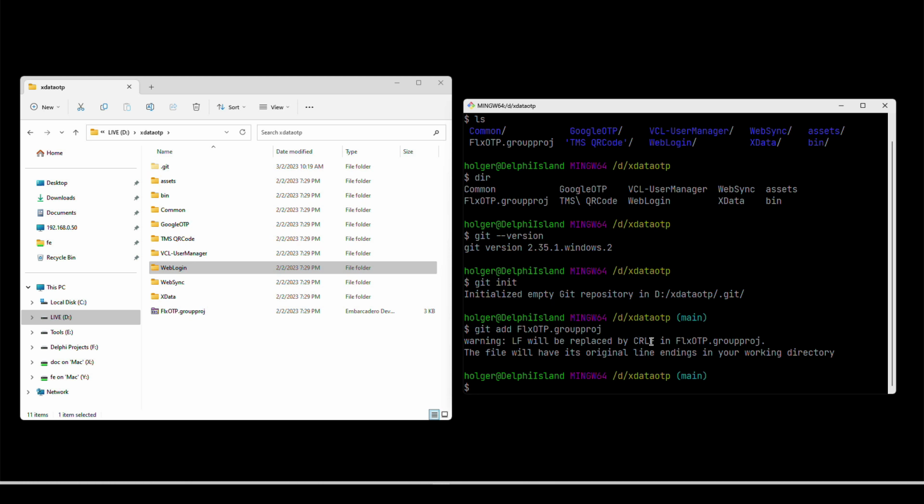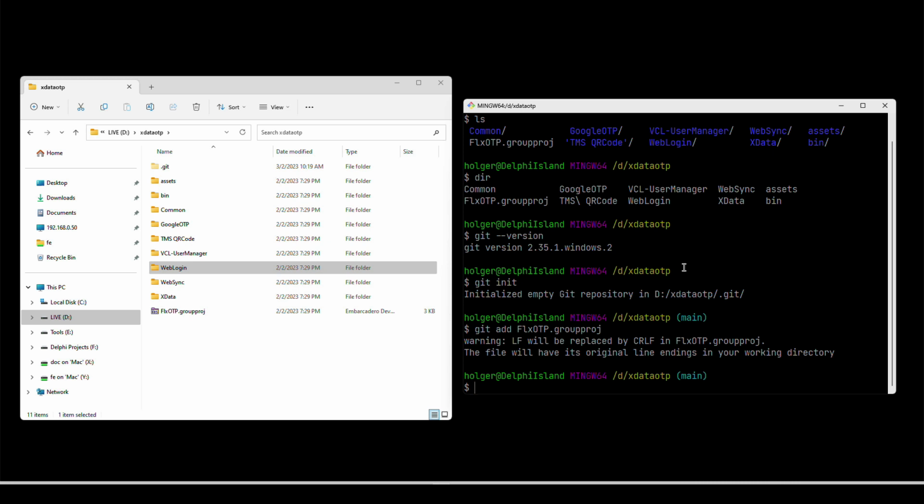And that is what the second standard file, the Git attributes file, is for. You can tell Git what should happen with certain line endings, so that you end up with the line endings that you want. Again, I got this one from Stefan Glinke, who is the author of Spring 4D. He uses Git too, and he basically pointed out to me after I made a blog post about git ignore, Holger, the Git attributes file is even more important.